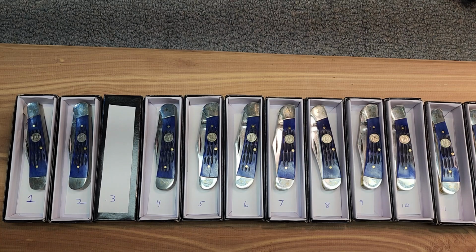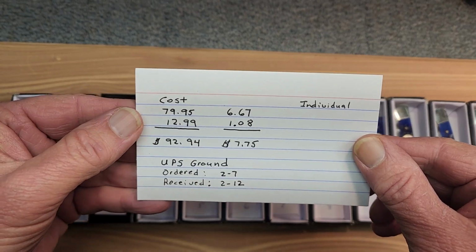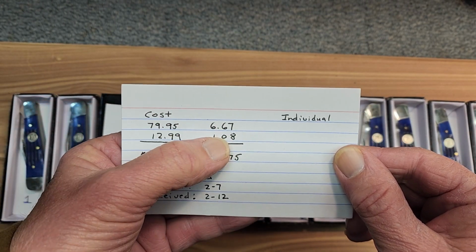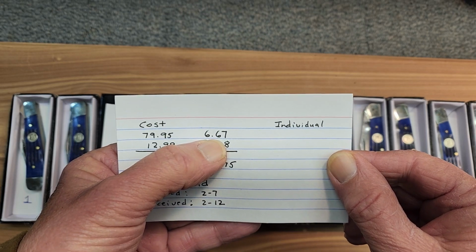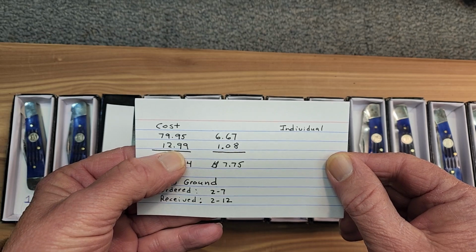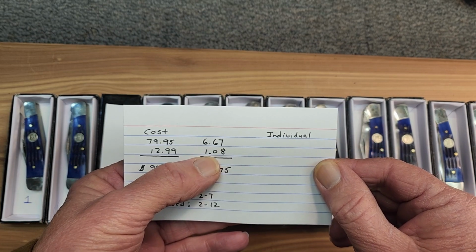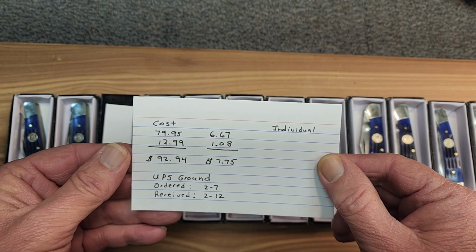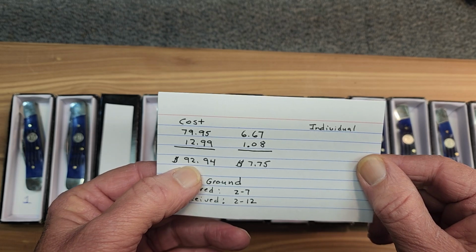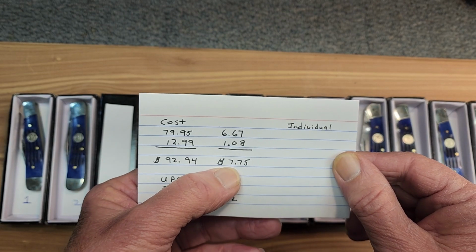I'll go over the costs and the shipping here. So the cost for the 12 knives was $79.95, which broke down to be $6.67 for an individual knife. And it was $12.99 for the shipping and handling, and there was no tax. So the shipping cost comes down to $1.08 per knife. So the total for the 12 knives was $92.94, and if you break that down individually, that's